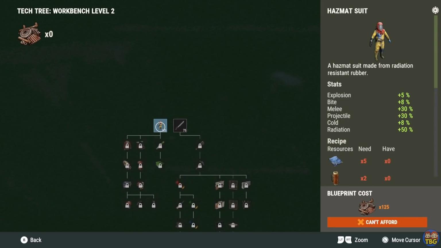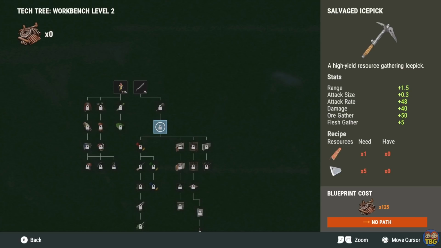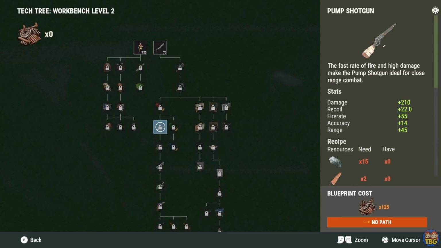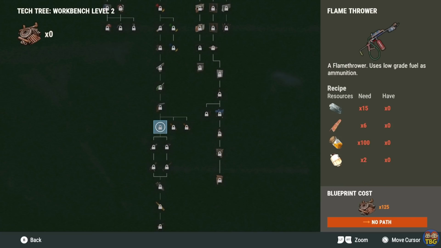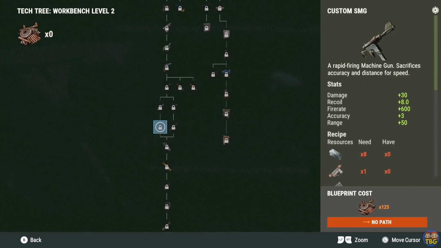You can get all of the med stuff. And then if you go down the longsword side through the salvaged axe, the salvaged ice pick, you can start to get some really nice bits. We get 12 gauge, the pump, the landmine, semi-auto pistol. We go down to the Python, and then after the muzzle brake and boost, you can get the custom SMG